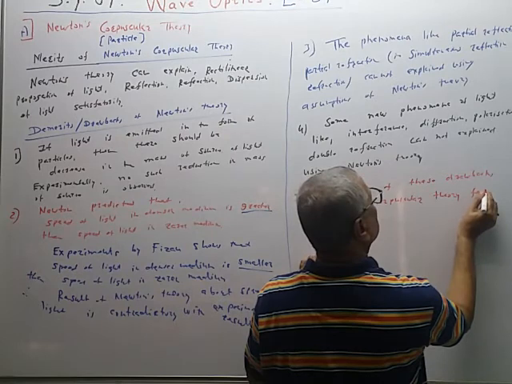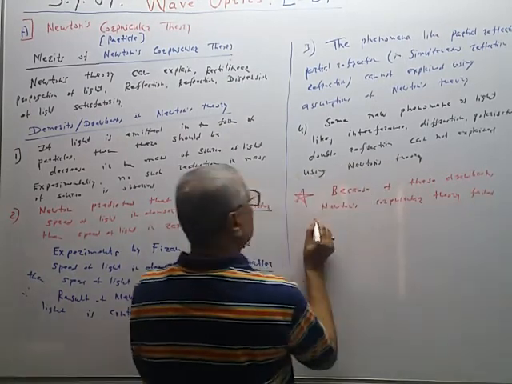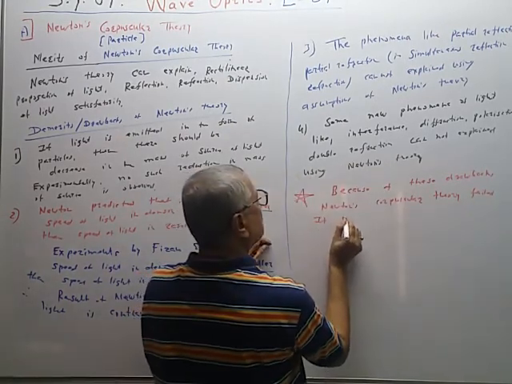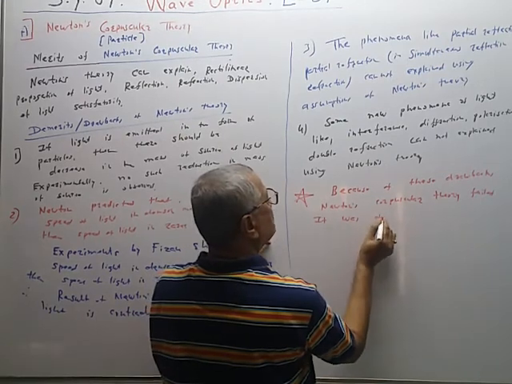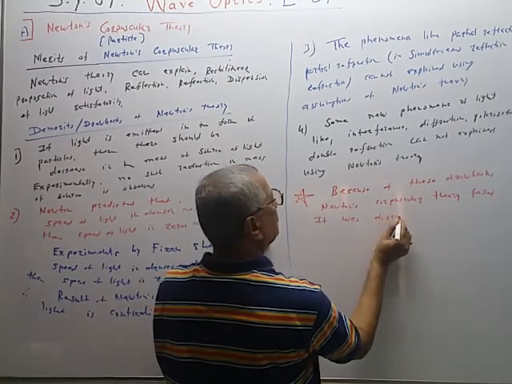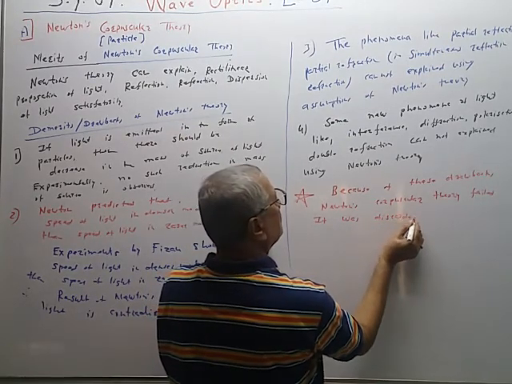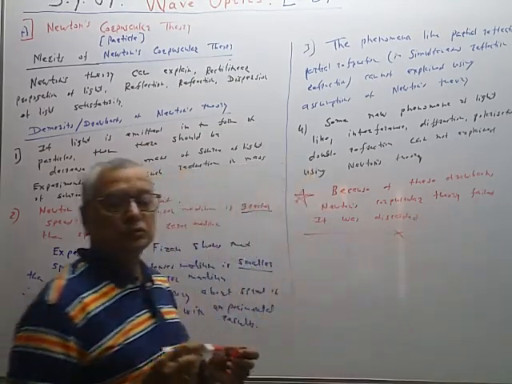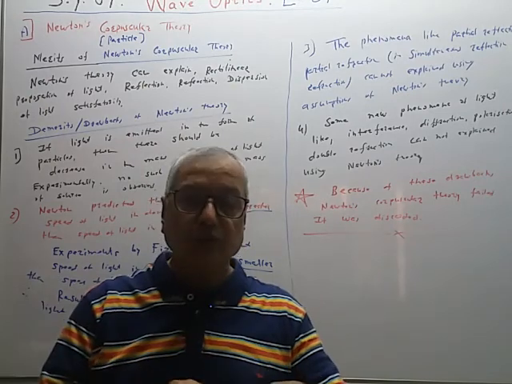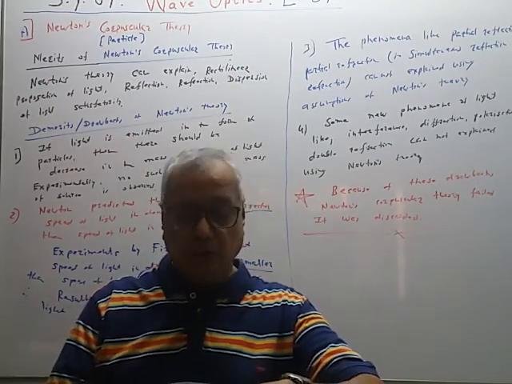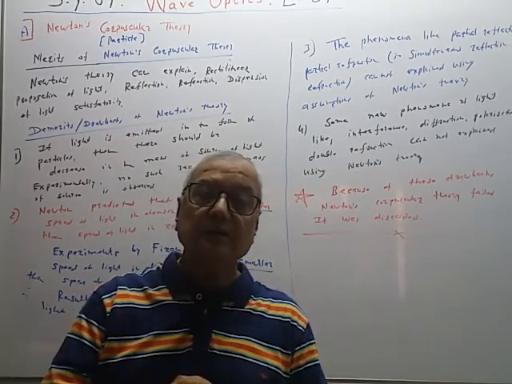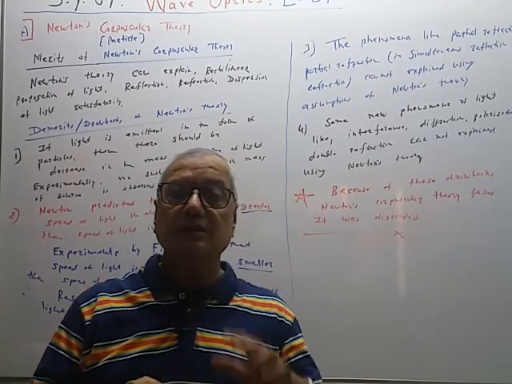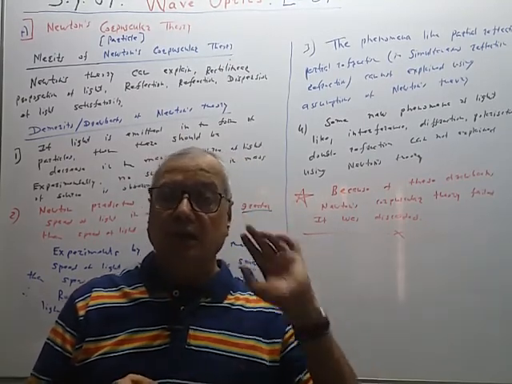It failed. It was discarded, thrown off. So nowadays we are not using this corpuscular nature. No doubt light has particle nature, but that nature is photon nature, and photon nature is completely different from